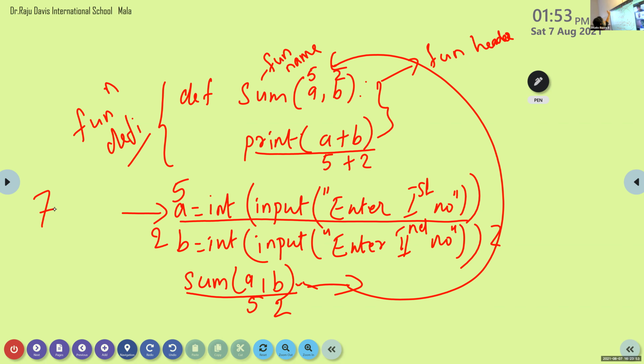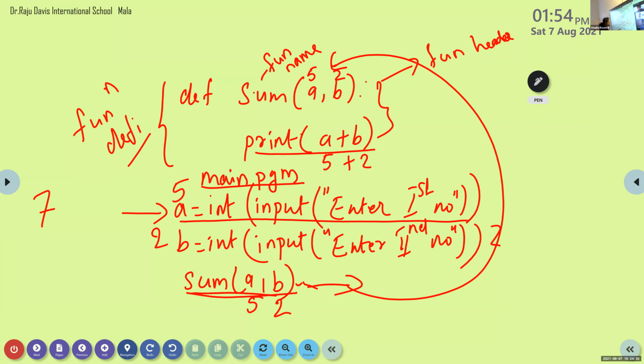If a question like this, a program with function is there, and from where the execution begins? The execution begins from the first statement of the main program. Here, the first statement of the main program is after the function definition. After the function definition, the first statement is the first statement of the main program. Okay, so the execution begins from the first statement of the main program.